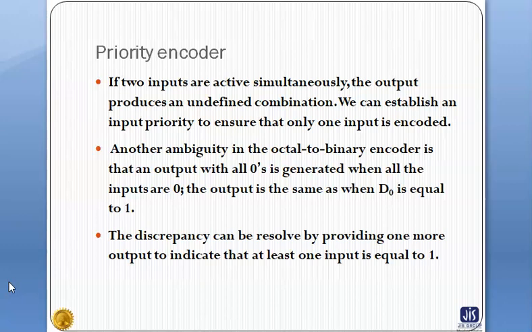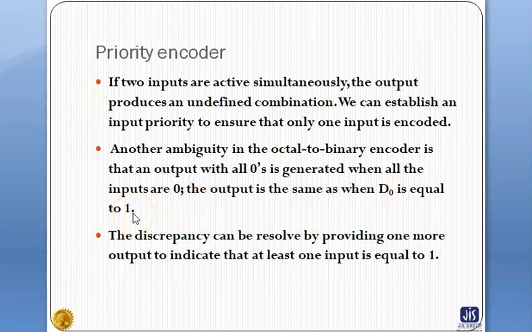Another problem with the simple encoder circuit is that an output with all zeros is generated when all the inputs are 0. The output is the same when D0 is equal to 1.